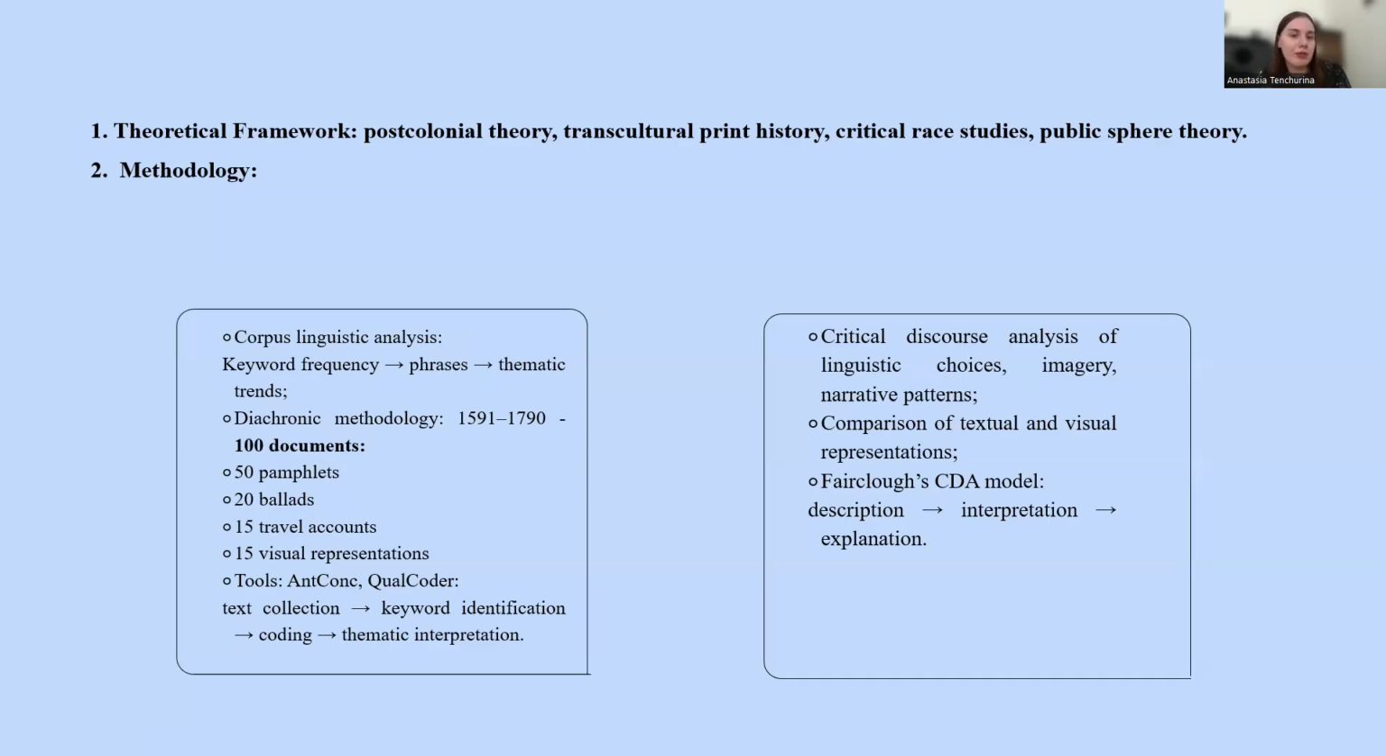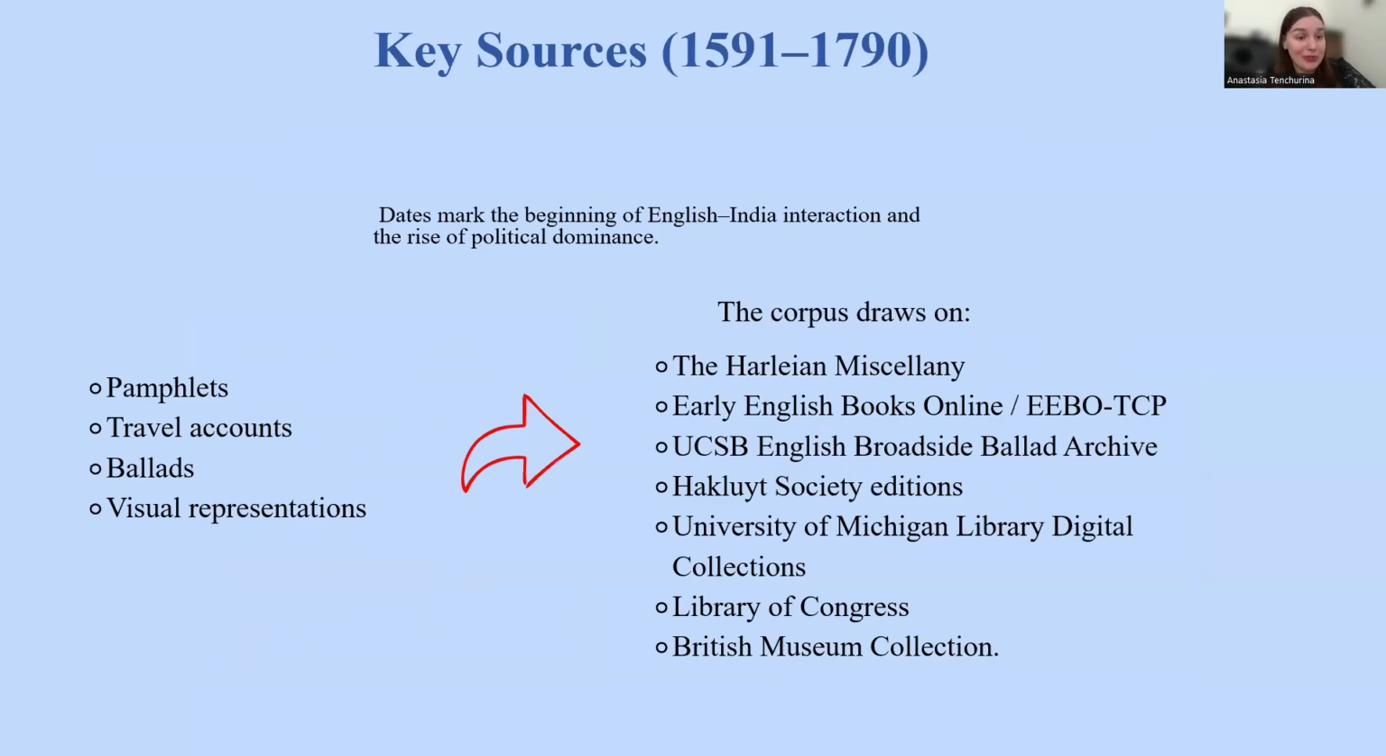So the data is cross-referenced with major historical developments, and I am also following a methodological framework that employs critical discourse analysis, following Norman Fairclough's 3-part model of textual description, interpretation, and explanation. So I would be talking about sources. Thank you. So my key sources